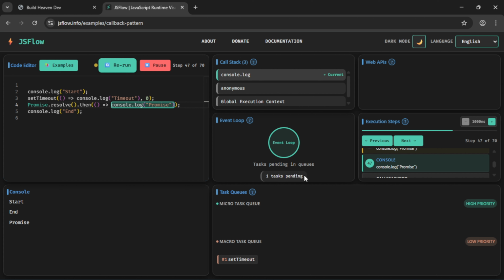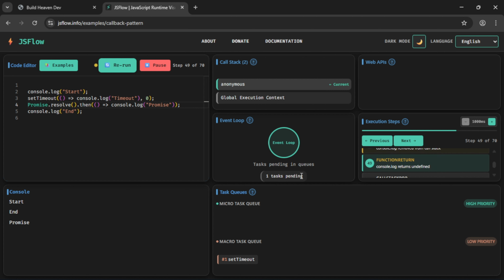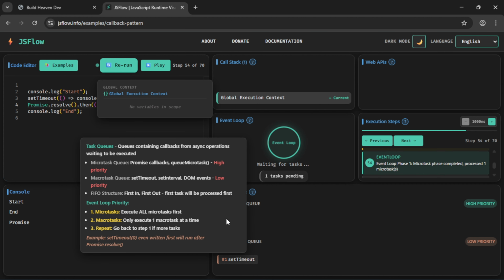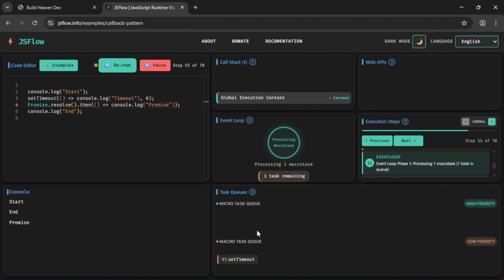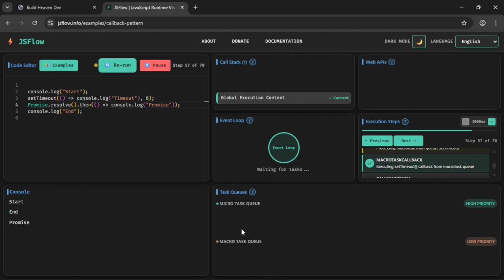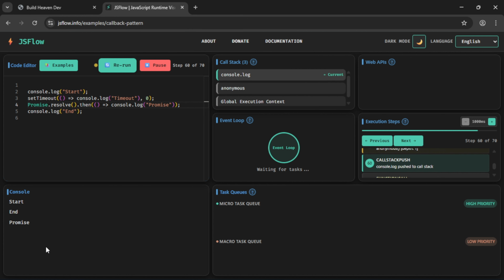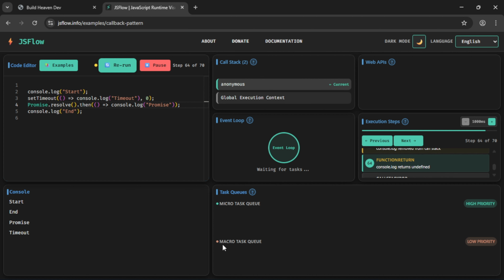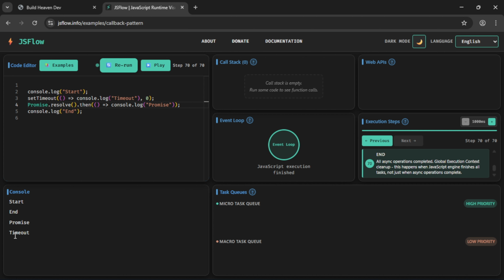As you can see, one task is pending. The event loop is like a gatekeeper. It is consistently checking whether our call stack is empty or not. Once the call stack is empty, it will take from this microtask queue, pop it from here, and push it to the call stack. As you can see, once promises were resolved, console.log promises is printed. It took our microtask queue, and after that promises is resolved. So even if you are not getting this one, just go to jsflow.info and run this